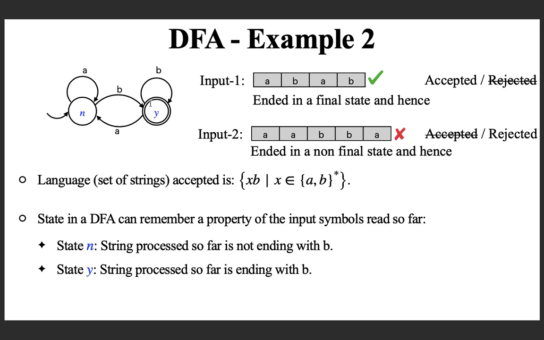If you are here, B means you have to stay back because suppose you stop here. A means you move back to this. A means you are not ending with B as of now. That is the logic of how you can design this machine, and it's not difficult. I hope you are following me, and otherwise you watch it again and think about it.